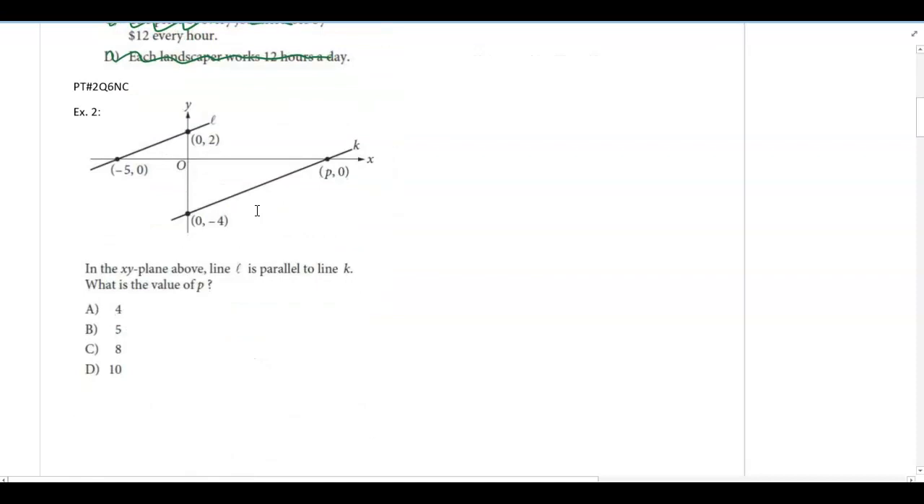Okay, the second example. In the XY plane above, line L is parallel to line K. What is the value of P? What you have to know is parallel lines have equal slopes. I'm going to go through this one two ways. Number one, I know the rise over the run here from 0 to 2 means I went up 2, and then from -5 to 0 would be over 5. So if this has the same thing, right, the same slope,